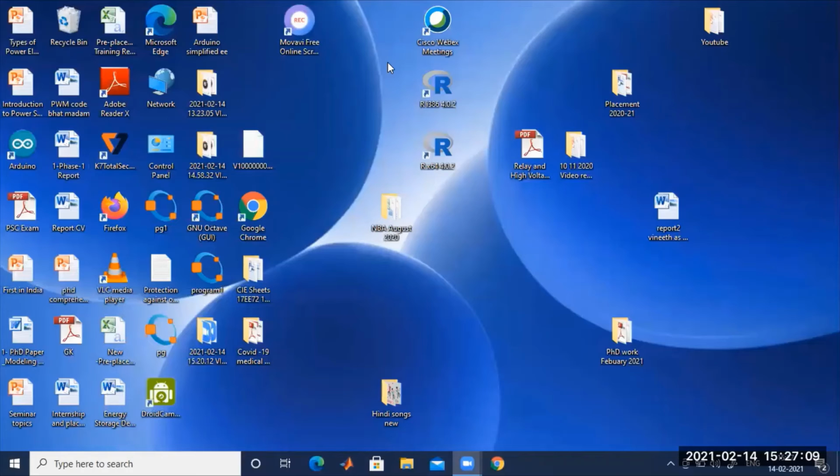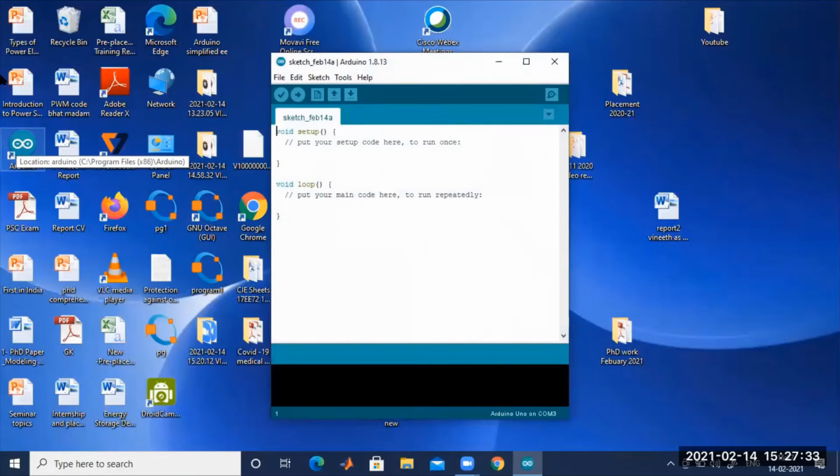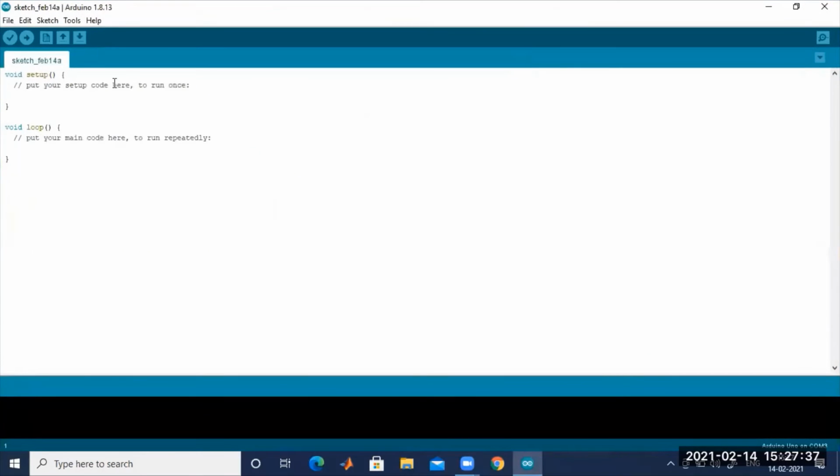You can observe the particular symbol of the Arduino software, the IDE environment. This is the symbol, Arduino. What you are supposed to do is double click. Let me double click this. I'm going to double click. Immediately, you will be getting one window, that means Arduino Genuino. It is executing. Wait for a while. Then immediately you can maximize. Now we can see the entire options.